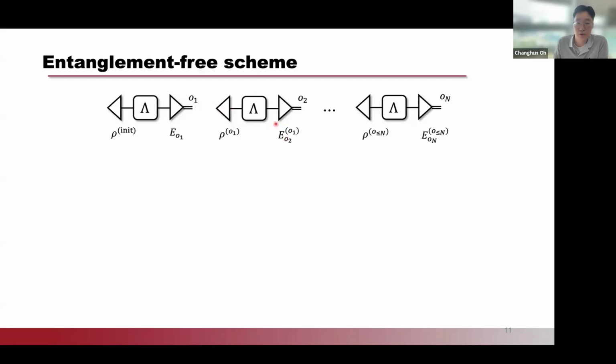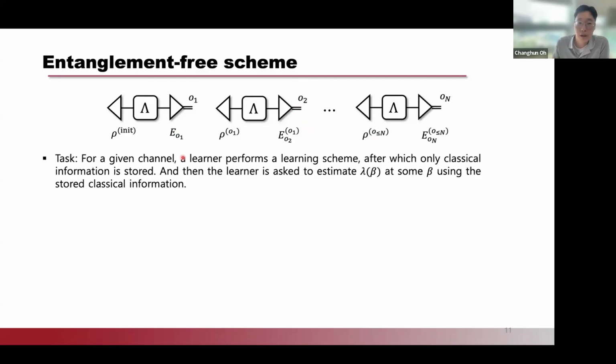Using this classical information, we prepare another state and measurement setup. Then the state goes through the channel, we measure, and we collect more classical information. We keep going until we have enough classical information. This is the entanglement-free scheme we are going to consider. And the task, this learning task, I'm going to define more rigorously here. For a given random displacement channel, the learner, I'll say Bob, performs a learning scheme,